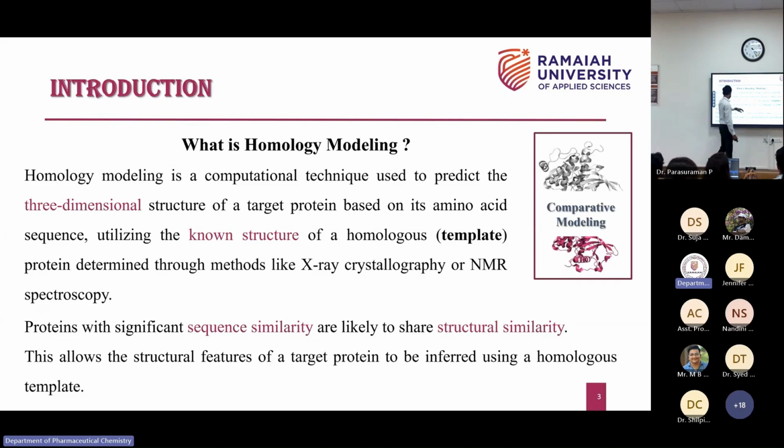homologous template for our query structure, where we can build a three-dimensional 3D protein structure without the use of X-ray crystallography and NMR crystallography. So we need to find significant sequence similarity to have structural similarity. Exactly, I need a 3D structure of the protein. I keep on searching. At the end, I'll end up with a similar sequence of protein, which will be similar